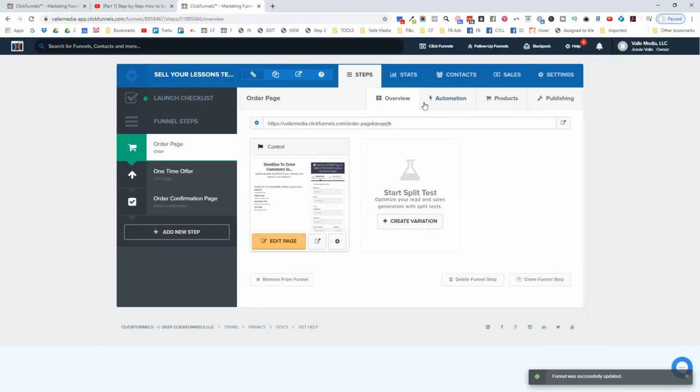Now the rest of this page right across here, so the blue bar was for the whole funnel, and this gray bar is just for this step. So this is any automation for this step, and the automation is really reserved for ClickFunnels' internal system, follow-up funnels. So only use this automation tab if you have the full ClickFunnels Platinum suite. And so for the most part, you may not use this tab a ton, especially if you have an outside